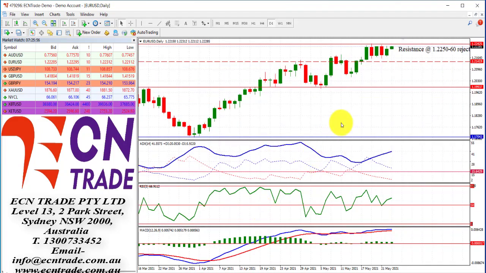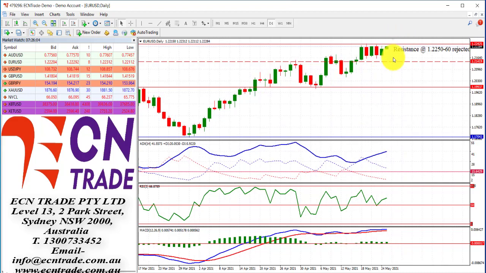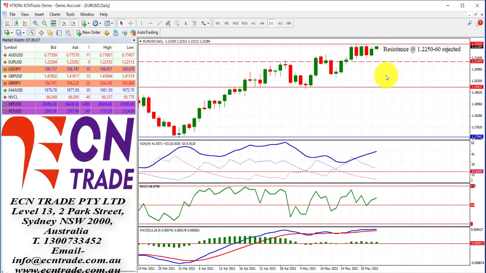The dollar index, which is measured against a basket of 6 major currencies, is presently still at the bottom side of the range, and that would see the euro look into the top side of the range as it now looks at 122.50.60 resistance. We've had a couple of goes at it, has rejected. Now, if we do see a break of this level, then it could see a short-term squeeze up towards the region of 123. However, the MACD is somewhat quite flat, and also the RSI is slowly descending, and therefore it does give some hope that the bears will again defend this level.